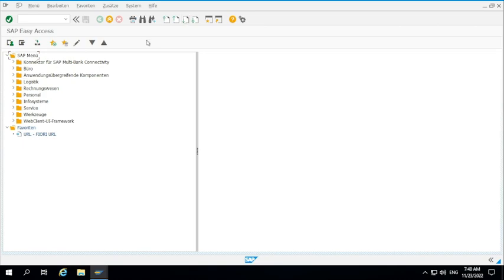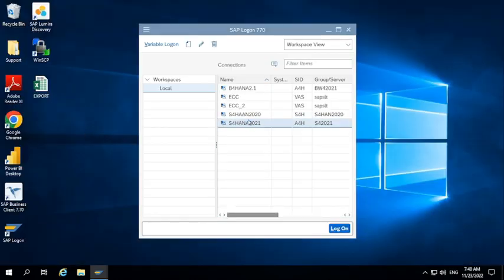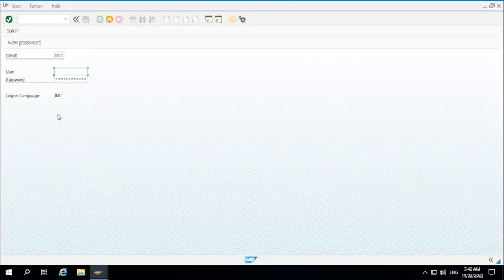Okay, so the user can read all the options in their native language. Before login, the user has to provide the login language so that the user can access all the applications in that native language, whatever language they want. Okay,